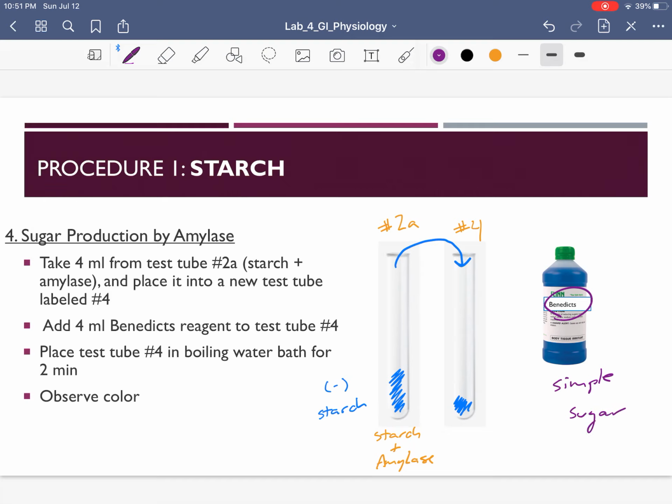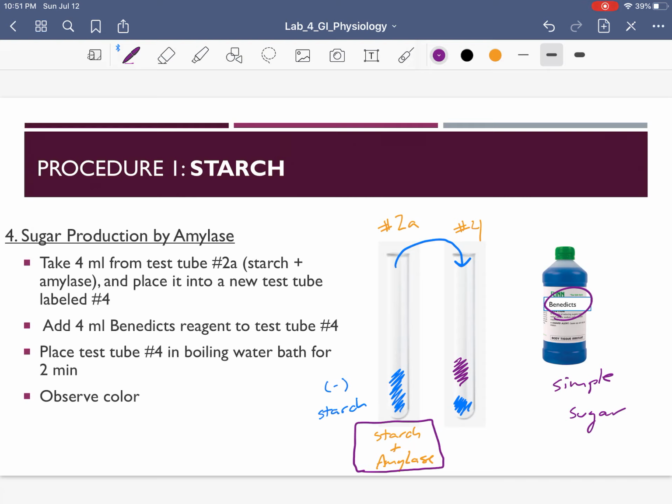We're going to add 4 mils of our Benedict's reagent. To put this in simpler terms for you, what we have here is a solution of starch, which is a complex sugar, plus the enzyme amylase. We put it into a warm water bath for half an hour. And when we pulled that test tube of starch and amylase out from the warm water bath, it tested negative